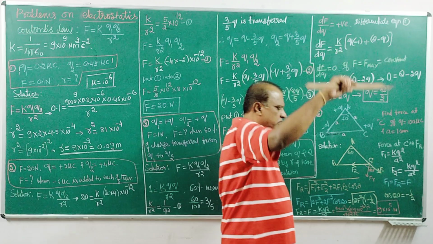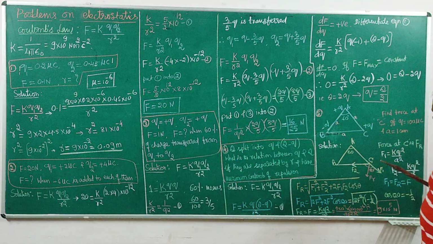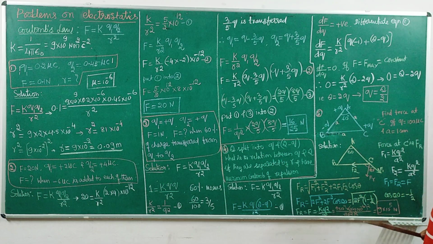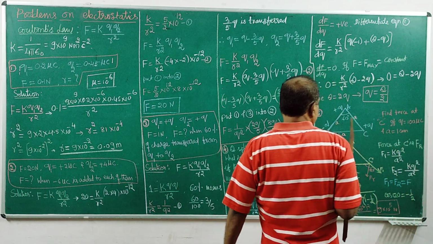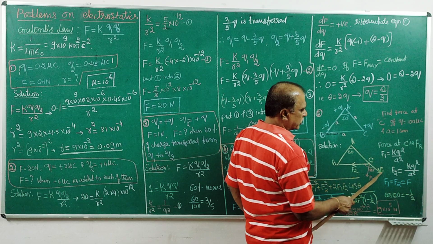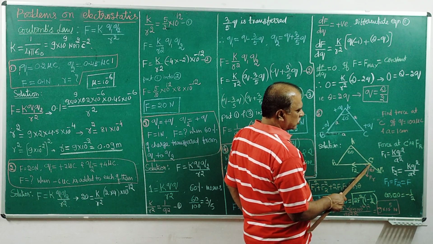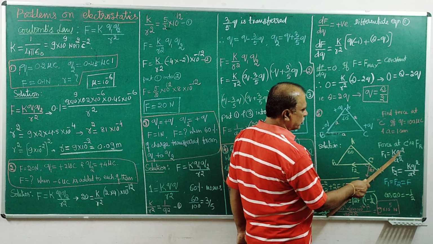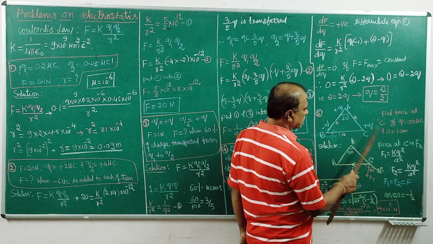Coulomb's law. What is this force, between these two charges? The separation of these two charges is A, and the separation of these two charges is again A. Apply Coulomb's law. F1 is equal to the electrostatic force at this point between these two charges, that is